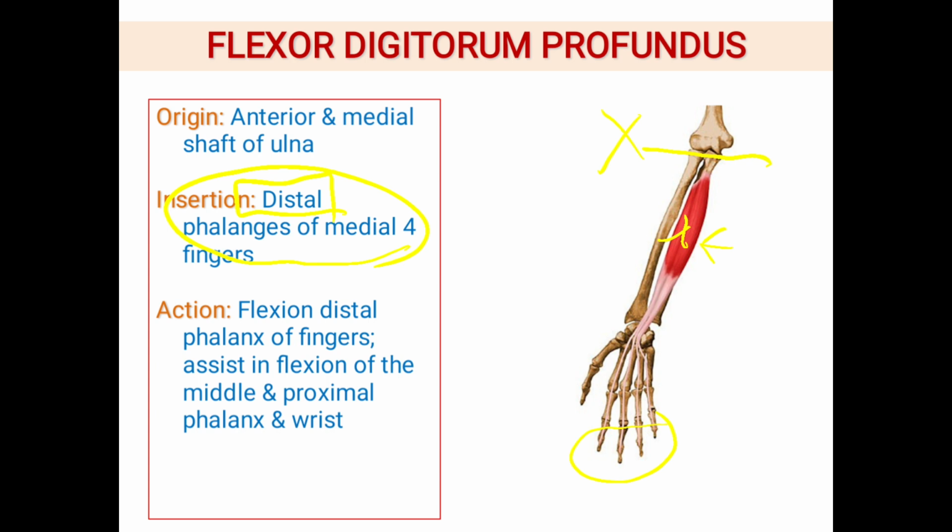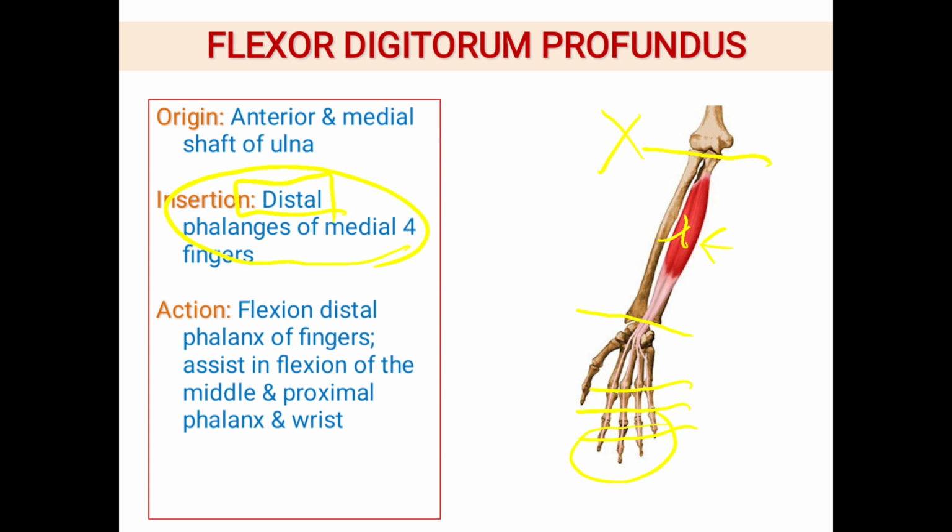The superficialis is different. Okay, it can move the elbow, but the profundus cannot move the elbow. Okay, it can only move the wrist, it can move the MCP, it can move the PIP, and at the same time, it can move the DIP. Okay, so it is not at the elbow, but you move to the DIP. Okay, so therefore,